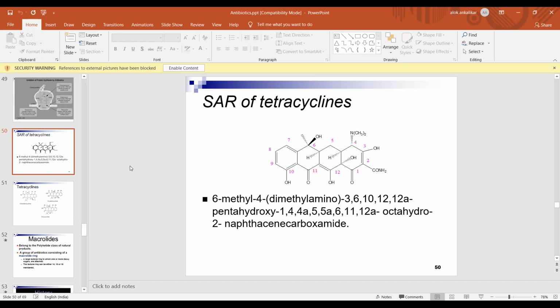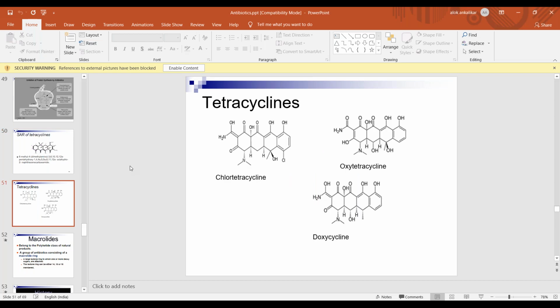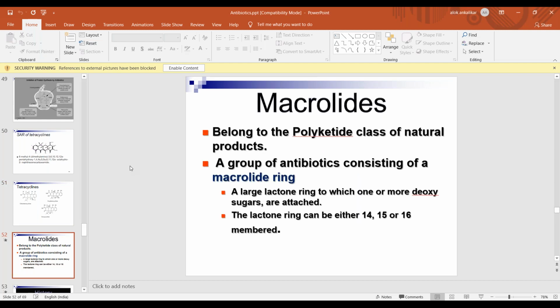Now we move on to the next class of antibiotics, and that is macrolide antibiotics, and they are actually natural products, that is, naturally obtained substances. And the first drug that was discovered from this class is picromycin. That was the first macrolide antibiotic which was obtained, and it was isolated again from